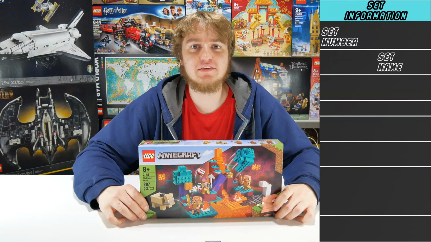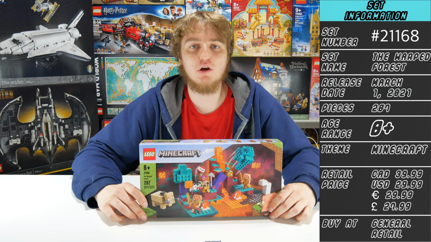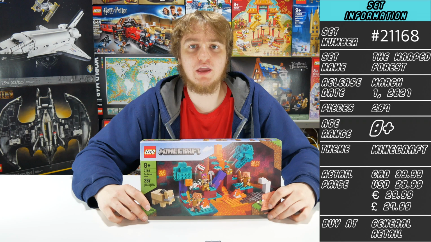Set 21186, the Warped Forest, is a LEGO Minecraft set. It comes with 287 pieces, 3 minifigures. It is for the ages of 8 and up, and was released March 1st, 2021. It retails in Canada for $39.99, in the US for $29.99, in the UK for $27.99, and in the rest